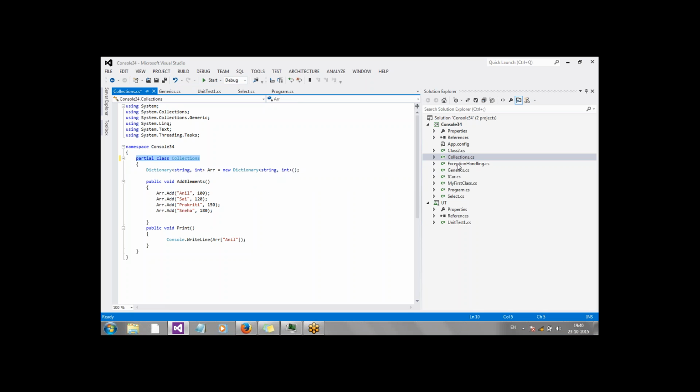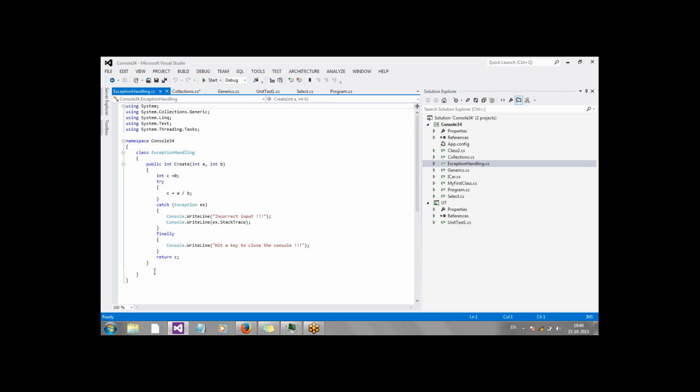Like my exception handling file, I'm creating it in some other file. Fine, and I'm adding another method, public void